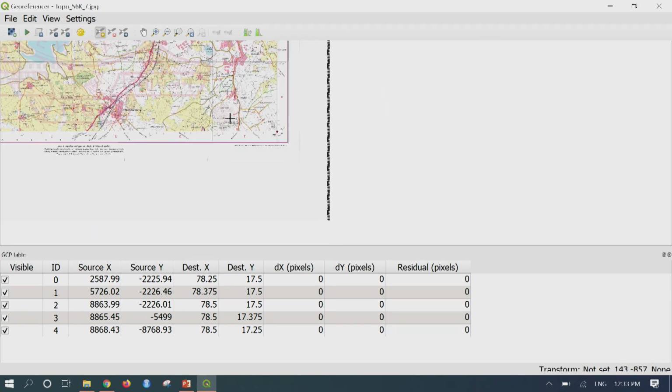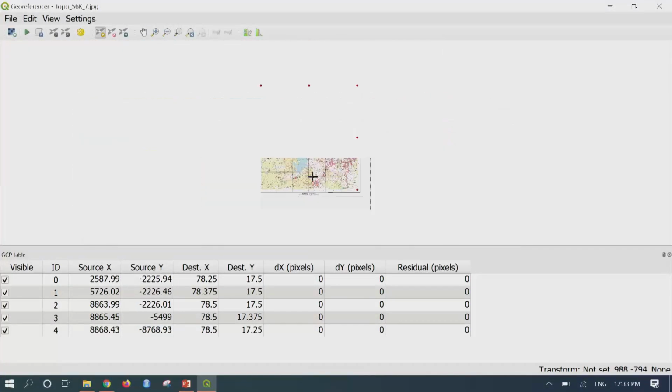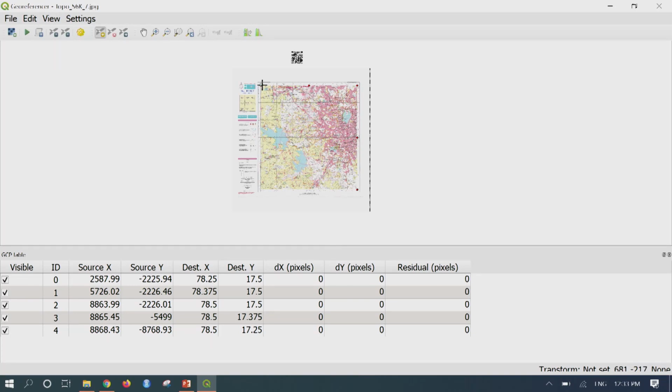One important thing to notice here is I am adding the points starting from here, point number 1, 2, 3, 4, 5. I am ordering in clockwise direction. Please make a note that georeferencing has to be in a proper order. Either you can take a clockwise direction or an anti-clockwise direction. Please do not mix both. You cannot take points randomly.